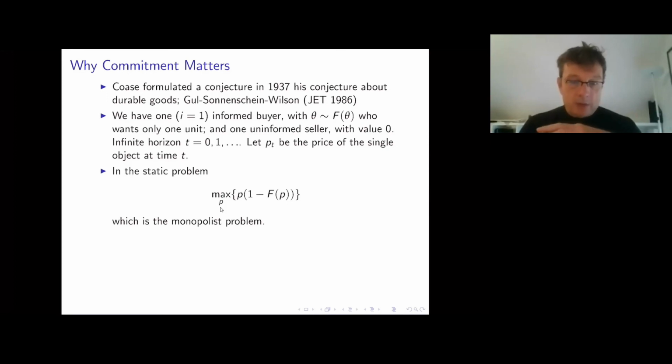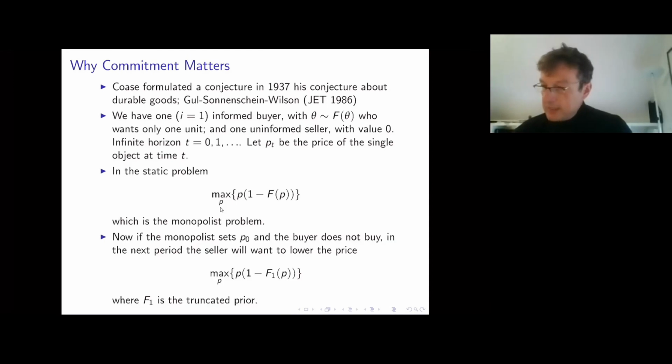And we want to think about the seller who does not have the power to commit himself to an entire stream or sequence of prices, but rather has in every period the ability to rethink the problem and change his price. Now, you may ask yourself, why would he change the price? If he found an optimal price in the static problem, why would he not want to maintain that price? Well, the reason is, in this setting, by not making a sale, the seller actually learned something about the type of the buyer. And so with the additional information,